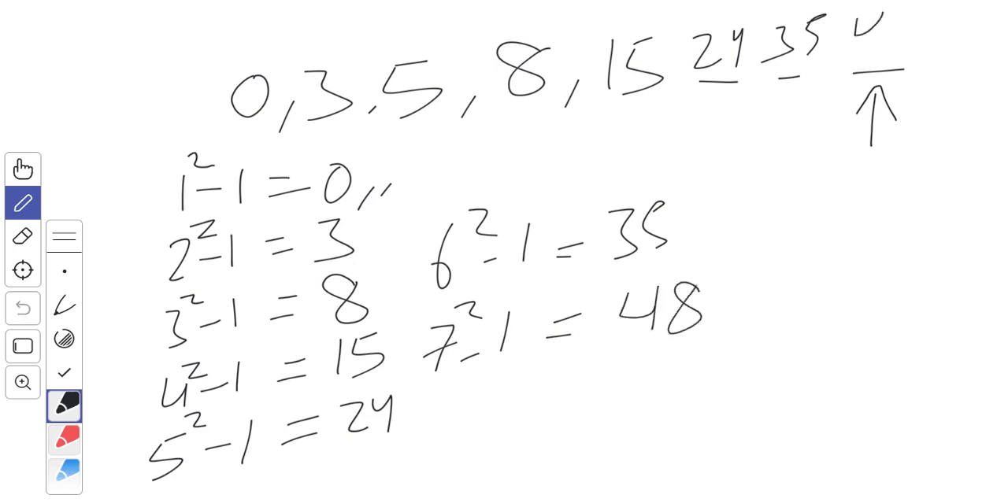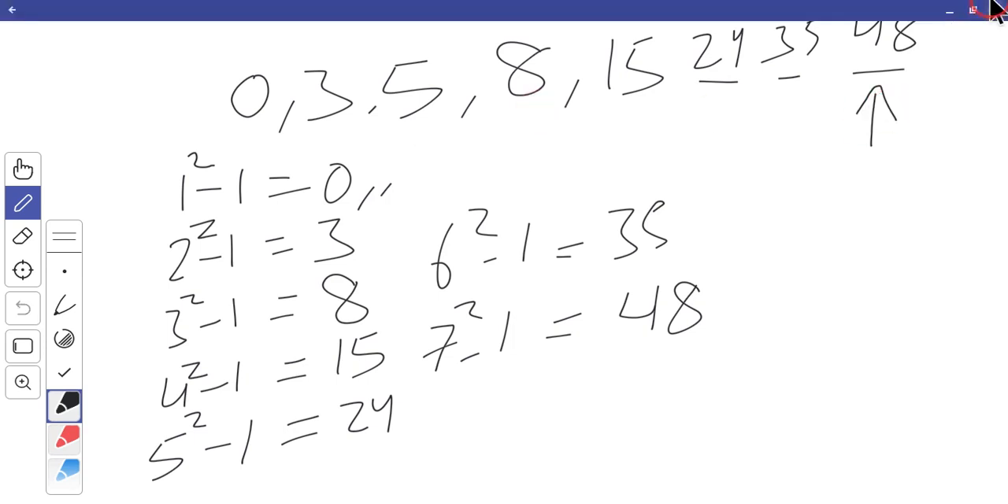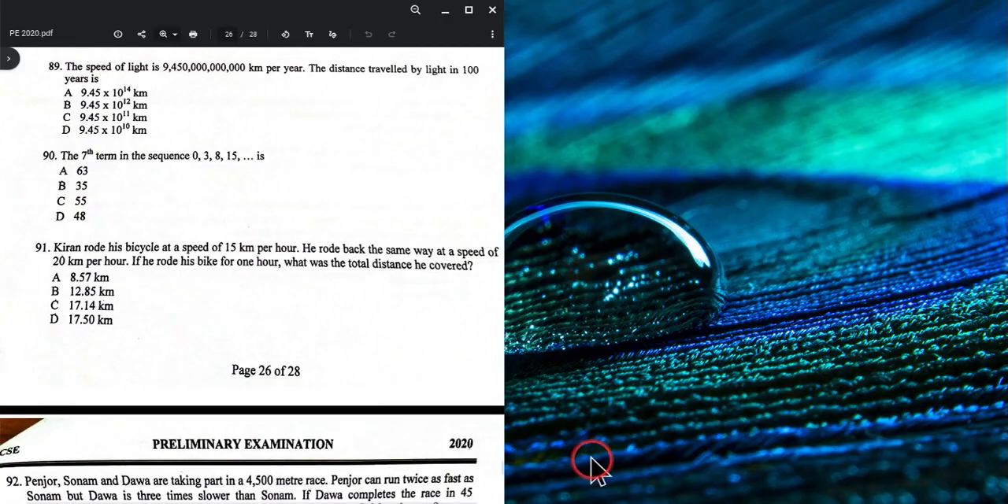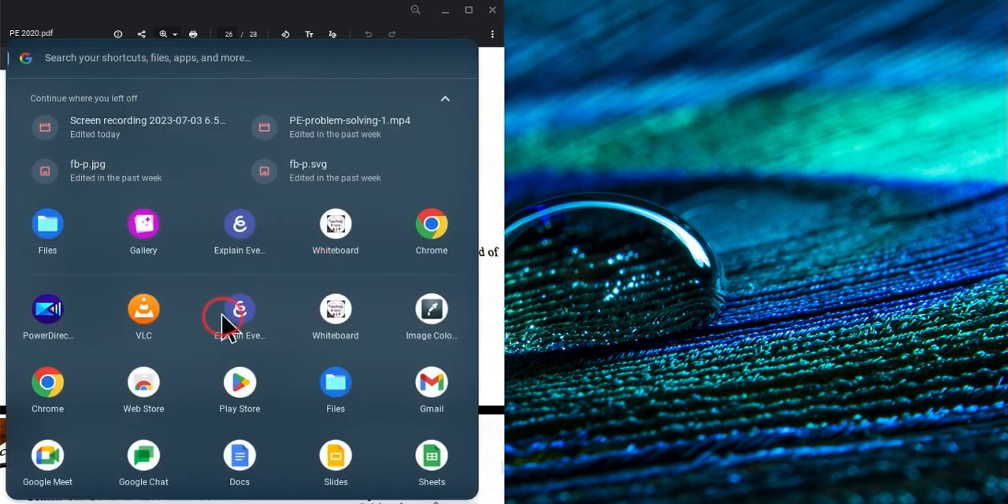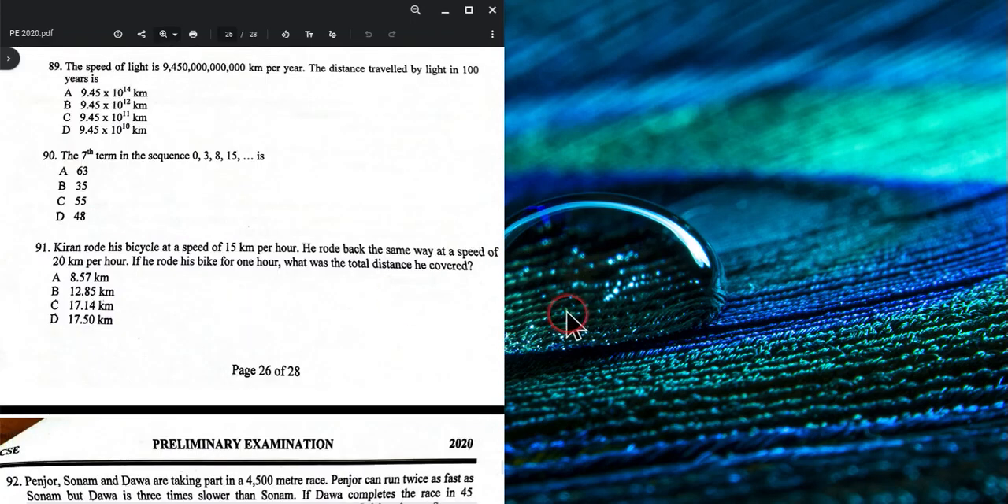So the seventh number in the given series would be 48. So the correct answer for question number 90 is 48. Now let's look into question number